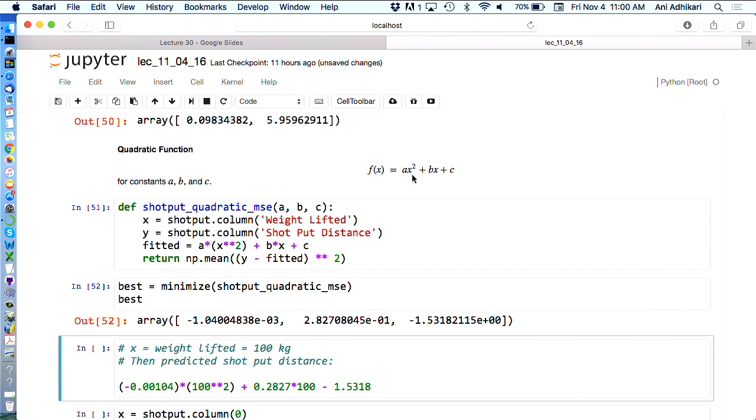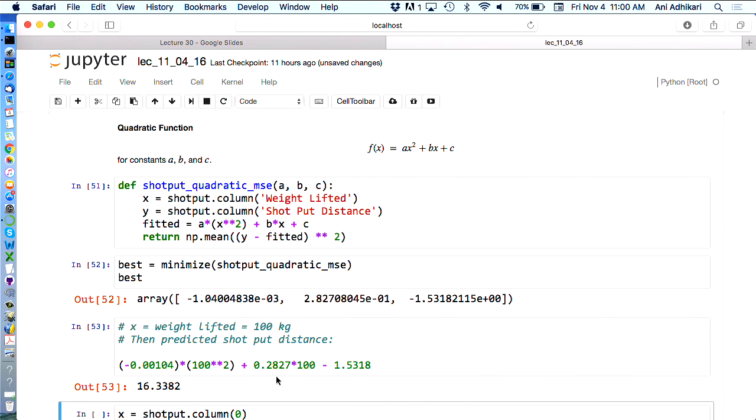That's your first number times x squared. Then you take the second value, 0.287, and multiply by 100. And then you just add the third value, which is minus 1.5318. I want you to confirm that that is the calculation you ought to be doing. And if we run the calculation,